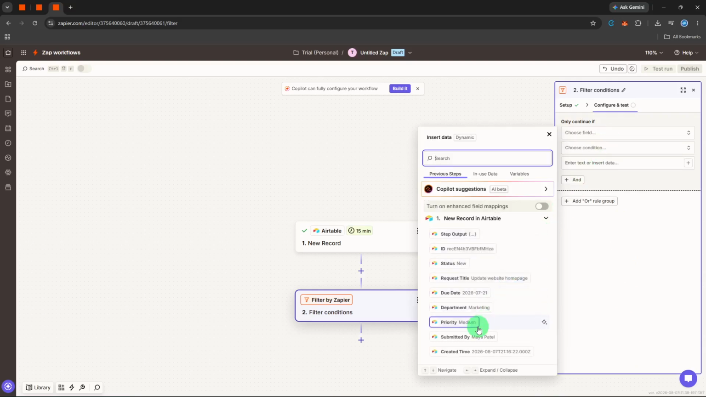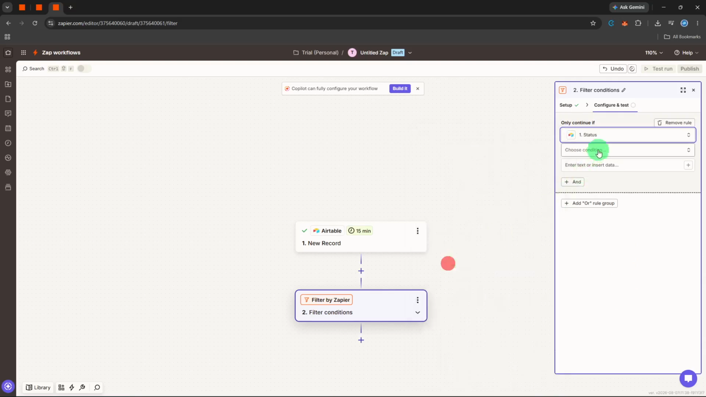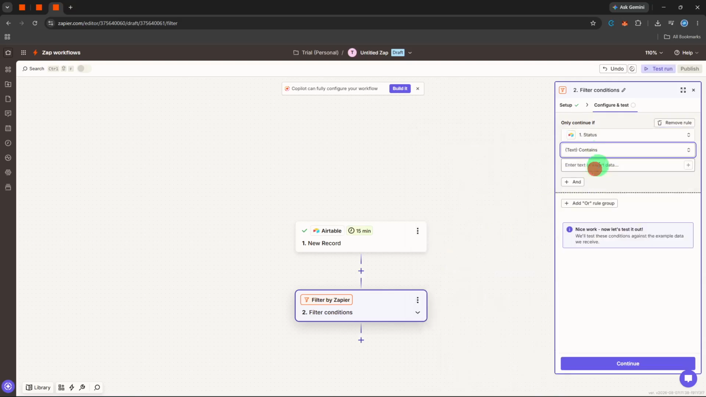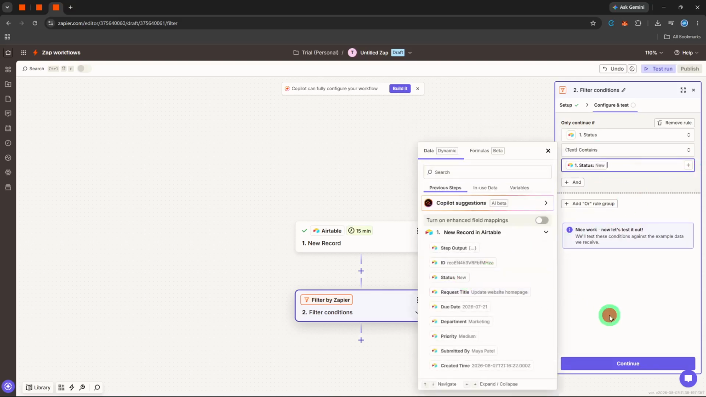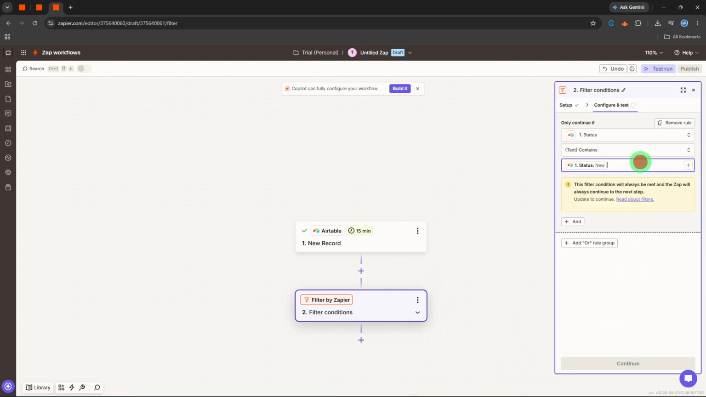The rule is exactly matches. For the value, type approved and type it exactly as it appears in your Airtable. Uppercase, no extra spaces, nothing cute. I've seen more Zaps break on a stray capital letter than anything else. Click Continue. This filter now sits between the trigger and everything else, so only approved records will ever touch the